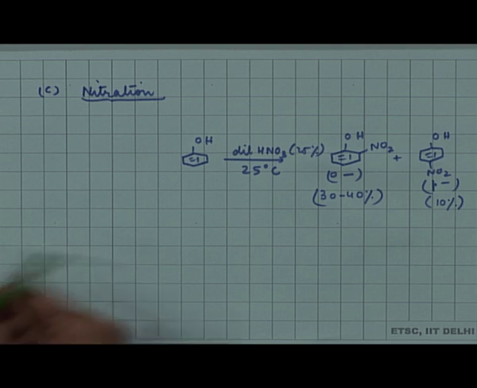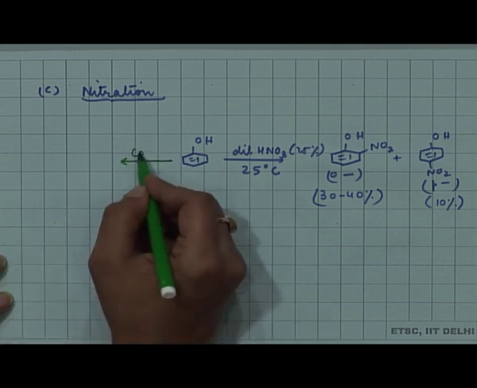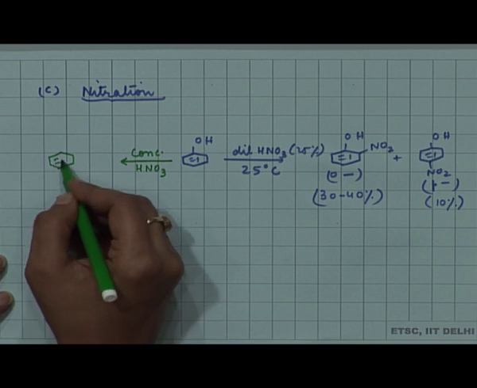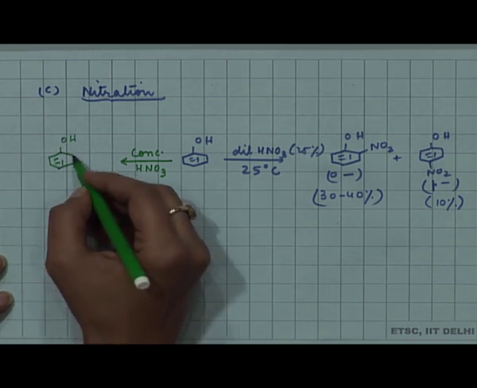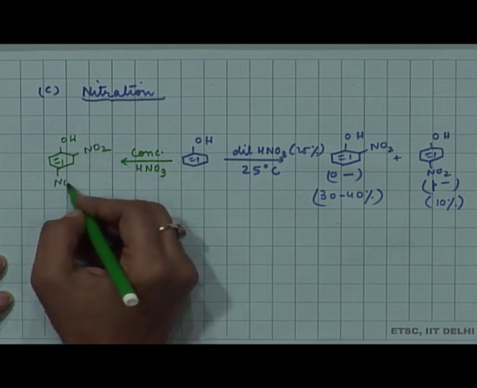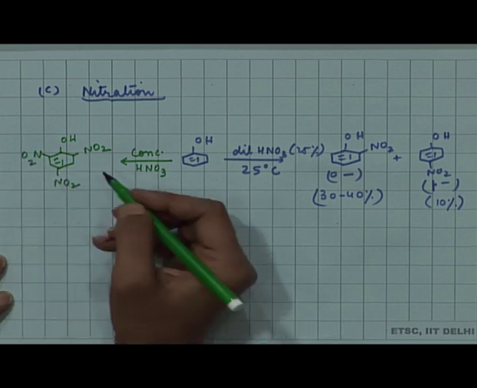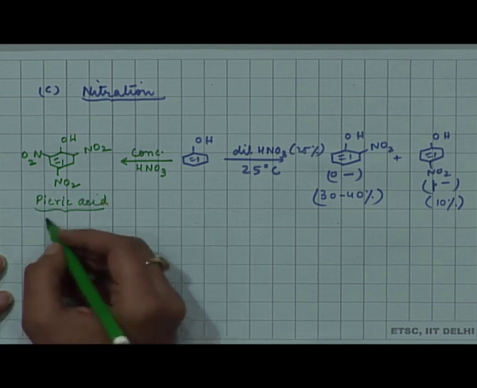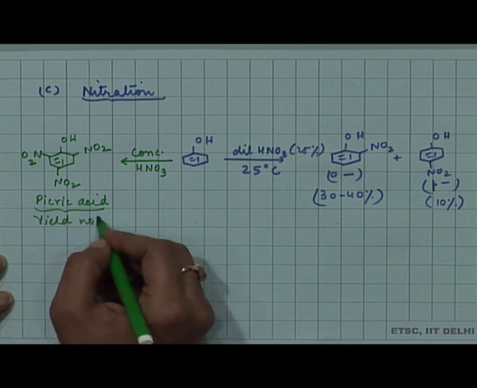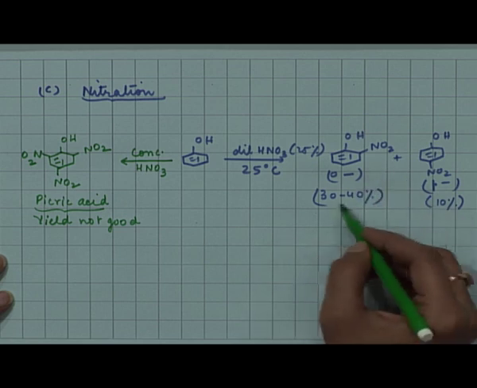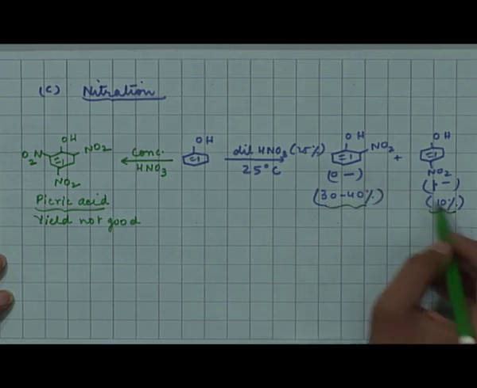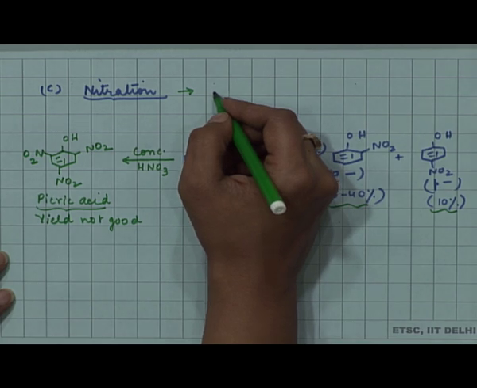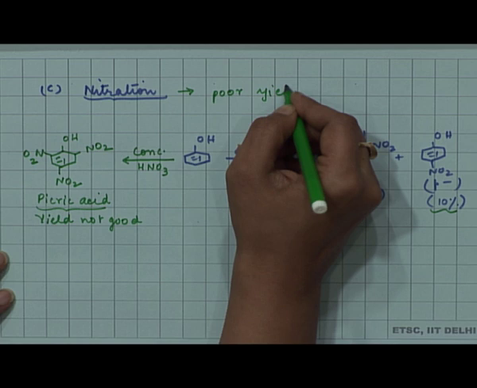The same thing, if you carry out, instead of dilute nitric acid, you use concentrated nitric acid, you get not a mono substituted, but a trinitro substituted phenol, which is called picric acid. But the thing is, the yield in this case is still not good. You saw that the yield here also, the percentage conversion, is a 30 to 40% yield and a 10% yield. So, yields are poor in case of nitration. Okay. So, nitration results in poor yield of products,